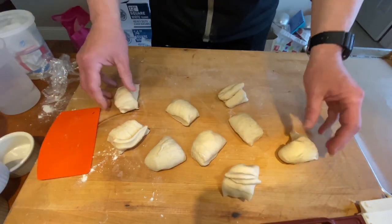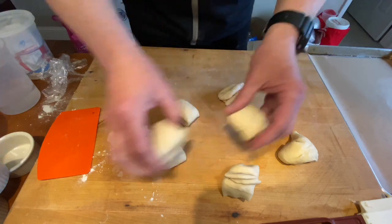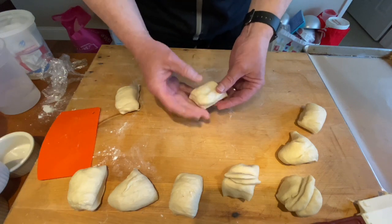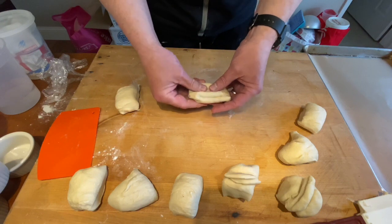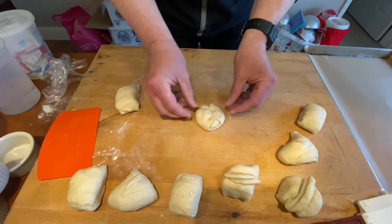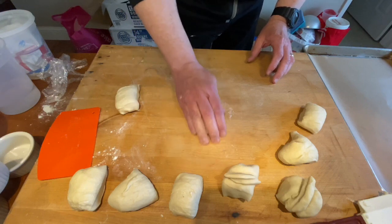Okay, so I've got 9 rolls here. We're going to make several different types here, but let's start off with the basic shaping of a roll. If we want to do a roll that is going to be a round roll, all we have to do is take this little piece of dough, kind of squeeze it into the middle, turn it over, and we'll pull